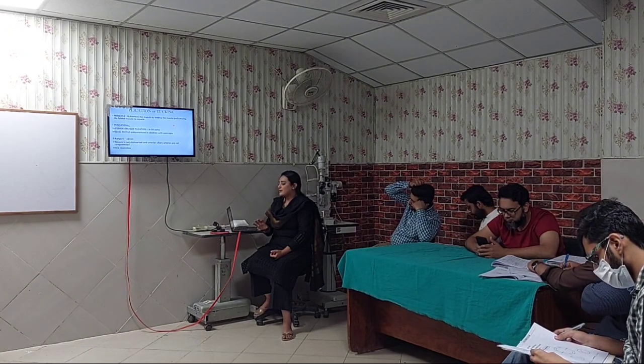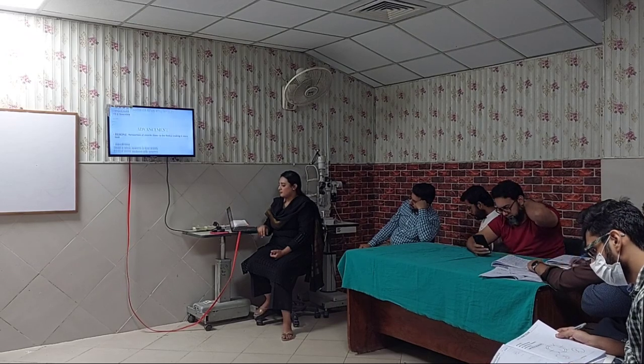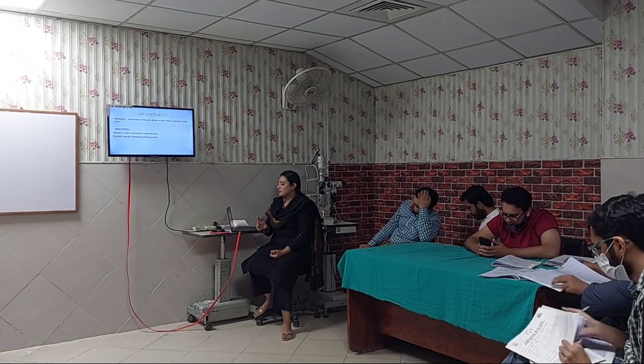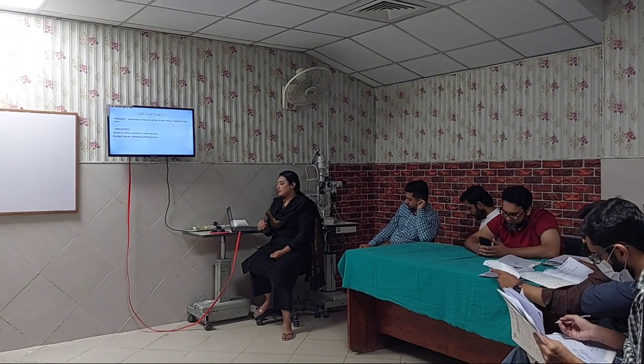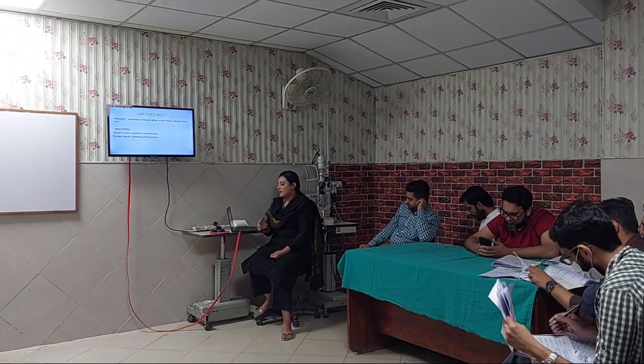Plication is shortening of the muscle by folding the muscle and suturing the folded muscle to the muscle. It ranges from 6 to 12 millimeter, and the muscle is not disinserted, and anterior ciliary arteries are not compromised, and it is also a reversible procedure. In the advancement of muscle, we reinsert the muscle closer to the limbus, making it more taut. Indications are squint in which the recession is done already, or paralytic squint combined with resection.